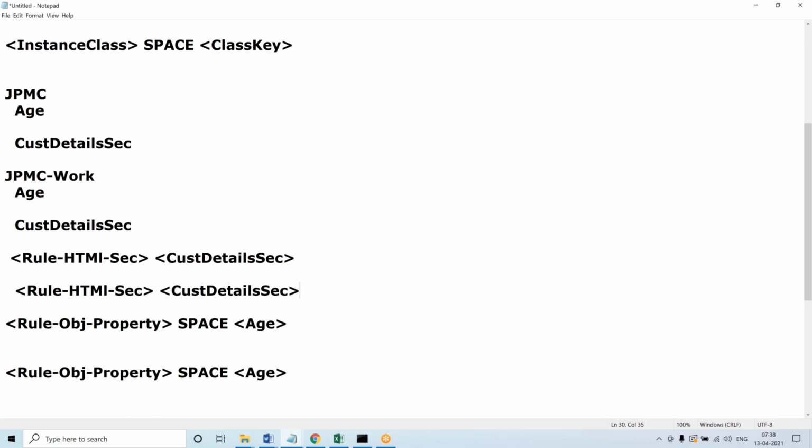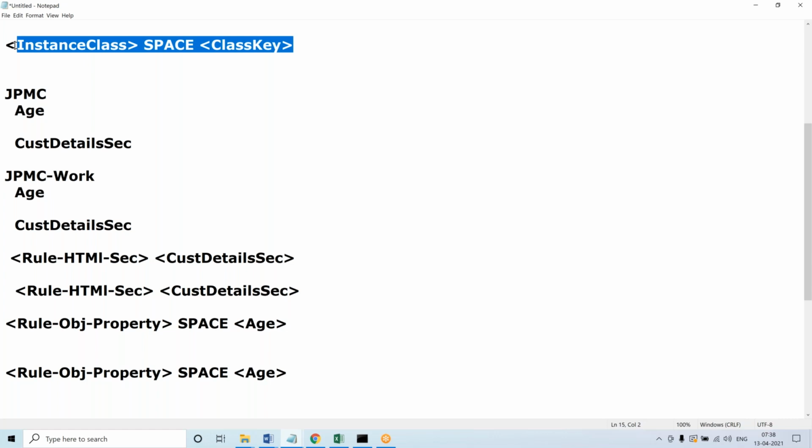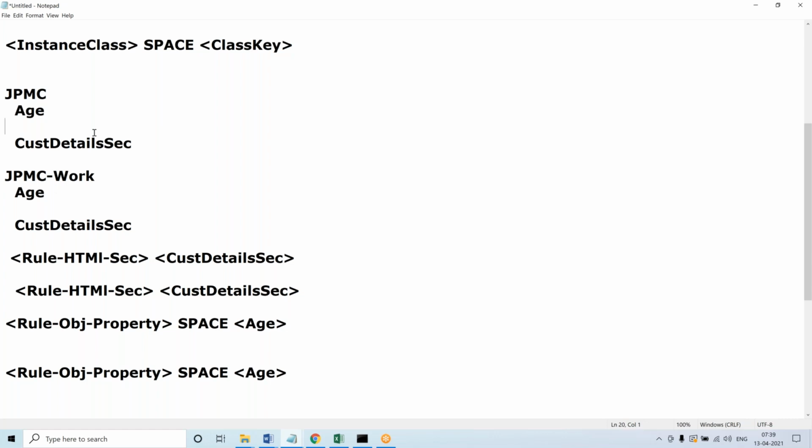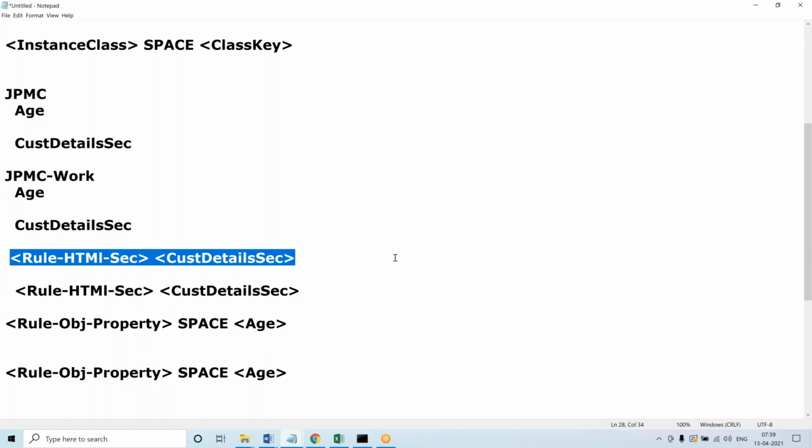Same. So what works fine with two parameters, instance class and class key, in case of work objects, is okay, because every work object ID class key is unique, so it is satisfied and stored uniquely. But in case of rules, either properties or sections or flow actions or flows, if it generates the key with only two parameters, it is not working out, because it generates duplicates: rule HTML section, customer details section, same name. If you create the section in some other classes, again it would generate the same.